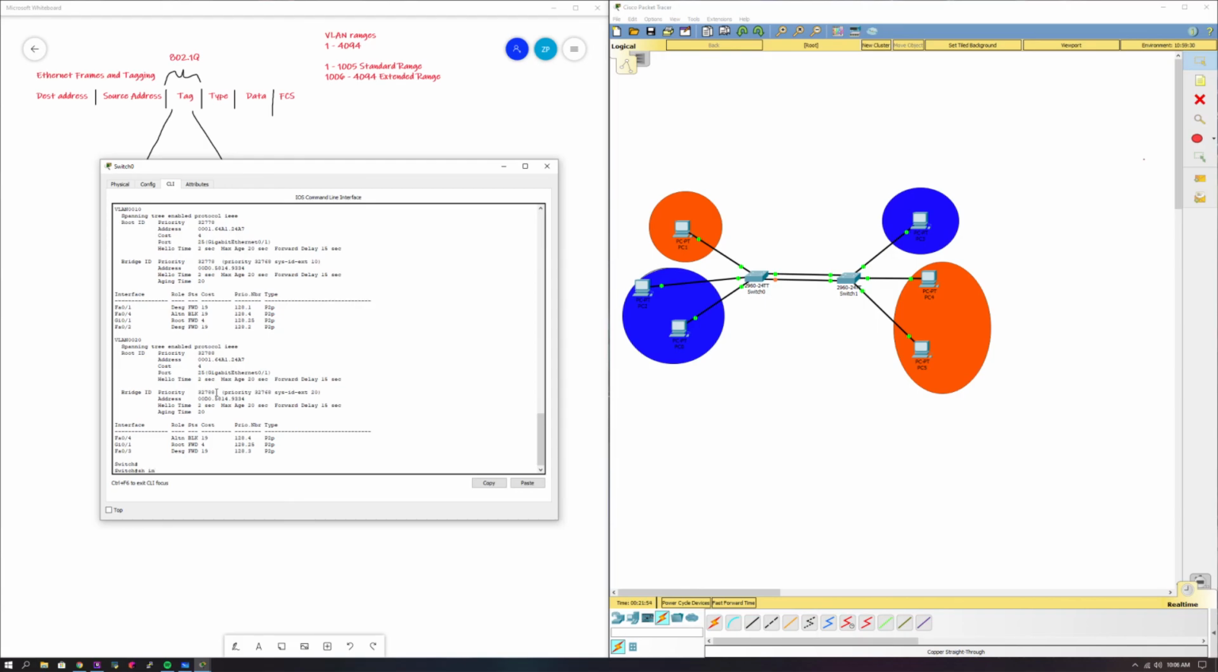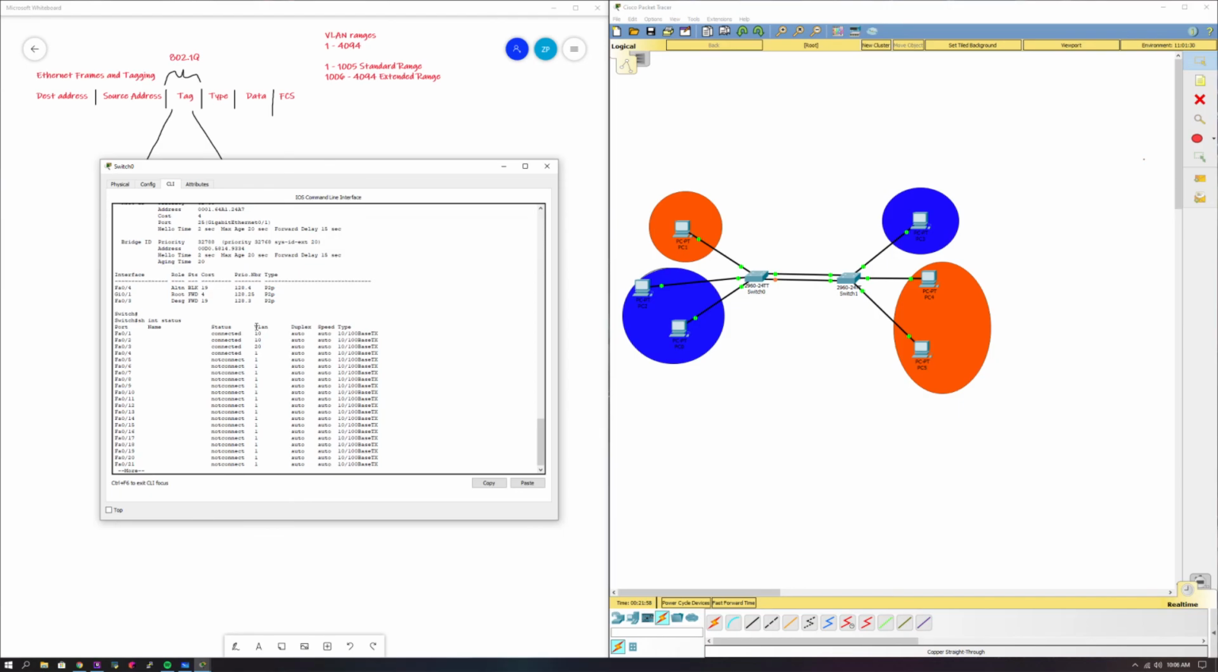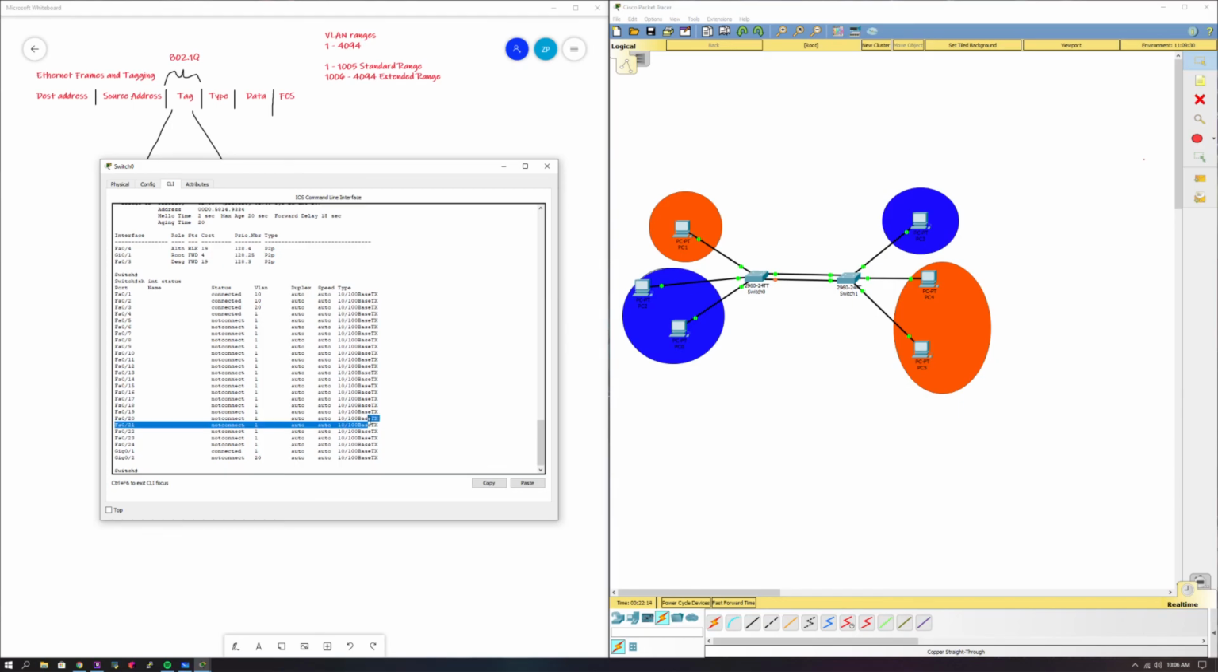Alright, so we're going to look at some more information. If you do a show interface status, it'll tell you the VLAN that the port is in, if it's connected, the duplex and speed, which we've already talked about before, and also the port itself, as well as the bandwidth type speed. Final thing we're going to talk about today is